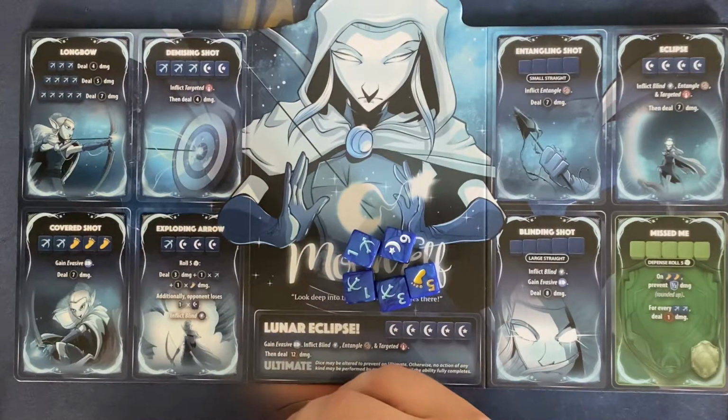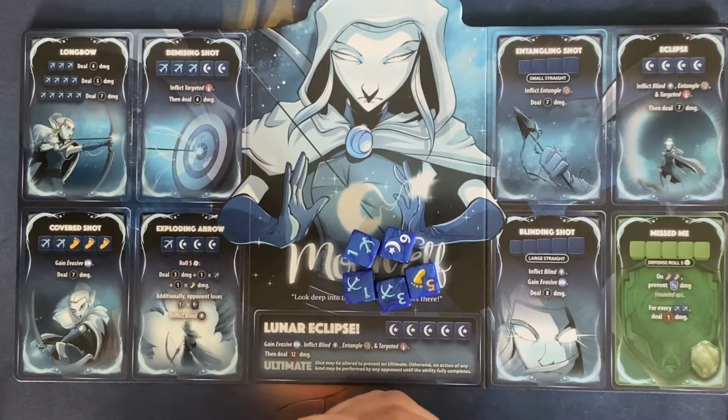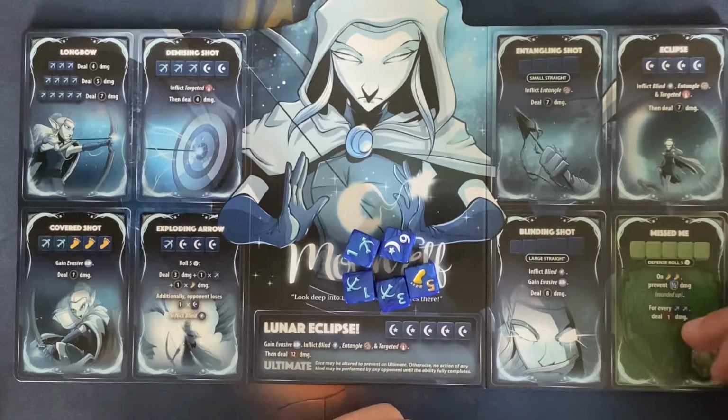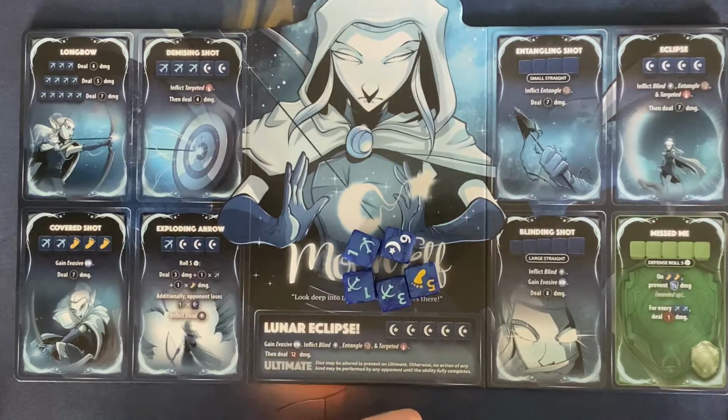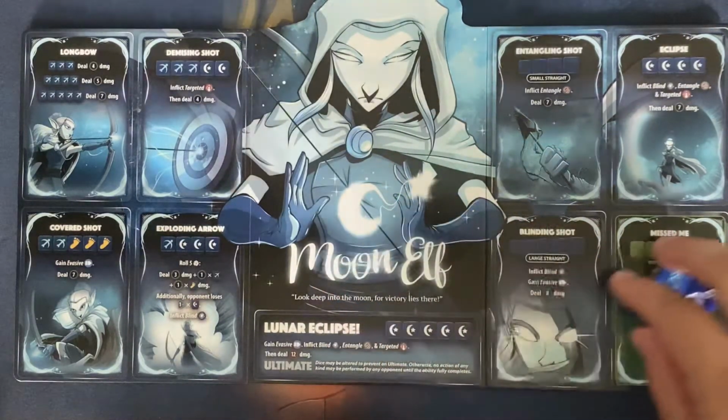I highly recommend her if you're new to Dice Throne and trying her out, because she gets you really introduced into the status effects and the different terms, such as then, on, for every, evasives, whatever it may be, but still rolling to your benefit. Really good overall. So overall, Moon Elf,